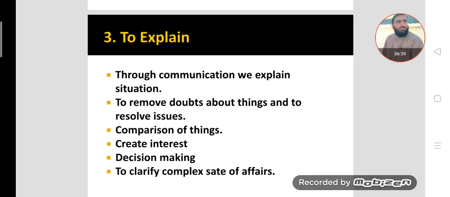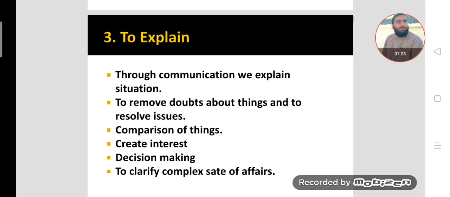Yes, through communication we can explain the situation, the circumstances, to remove the doubts, to resolve the problems or to solve the problems and issues. It is only possible through communication. We can't explain things otherwise. We have no other means, but we have the means of communication to explain the situation, to clarify the doubts